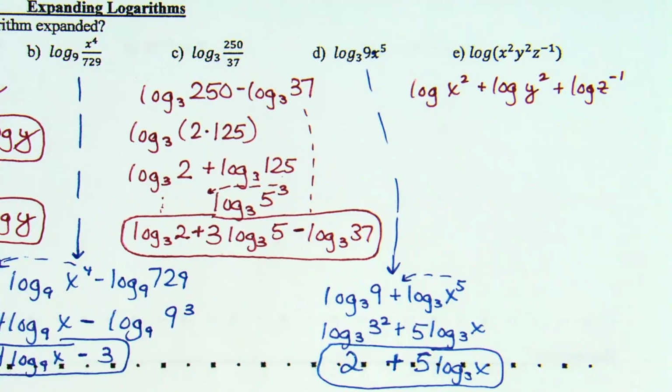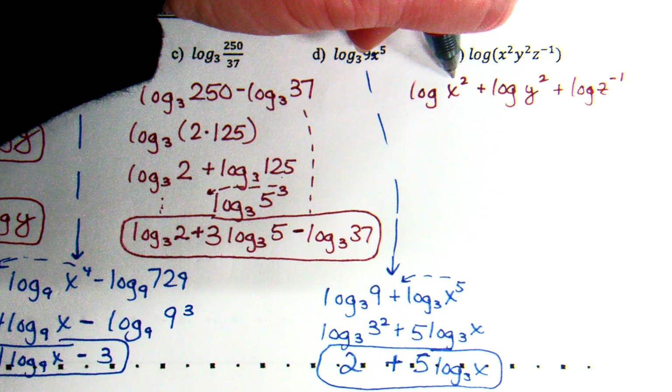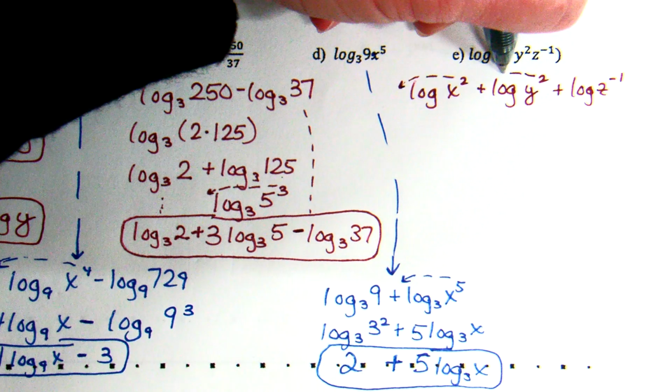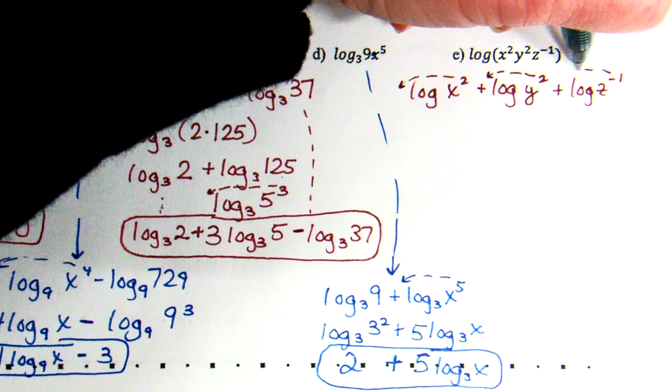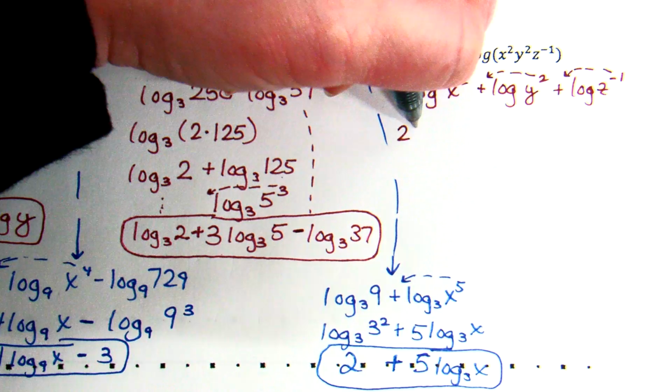Am I done? No? What else would you like me to do? Ethan? Yeah, take the exponents, put them out front, which is called the power property. Power property allows us to move those exponents around. So we can take this 2, put it out front. We can take this 2, put it out front. And we can take the negative 1. So I'm going to have 2 log x plus 2 log y